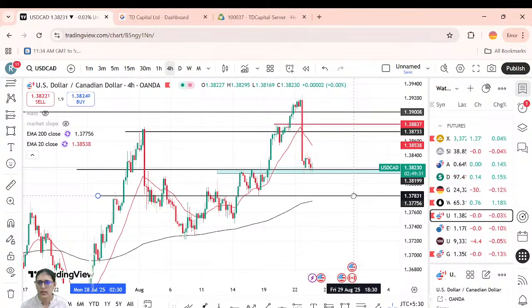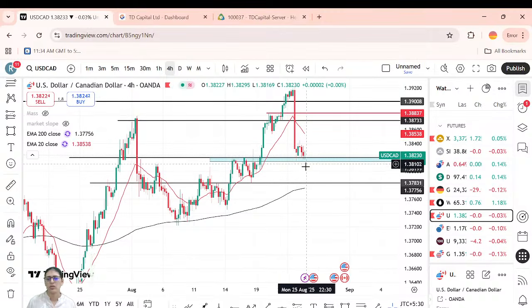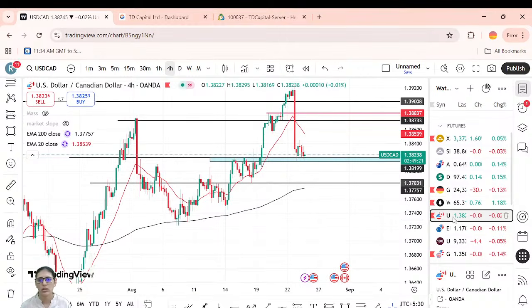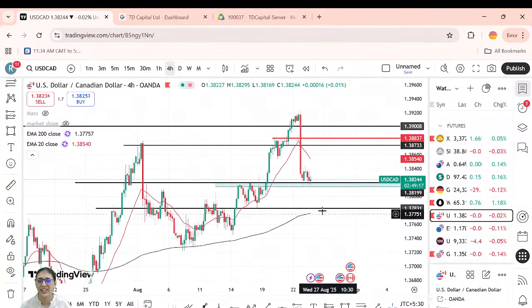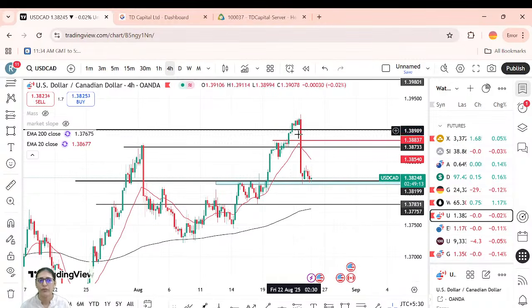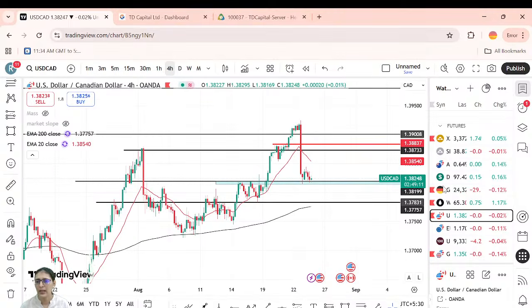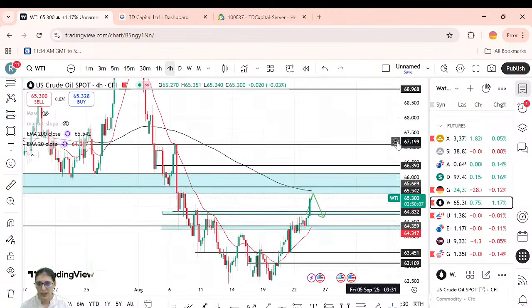It is the 4-hour time frame. It might just come in one candle also. If it spends some more time in the zone, it might just come, but it might take time, because it is a 4-hour candle, so it will also take 4 hours, right? Even if it comes down in 1 hour, it'll take time. But yes, if there's a fall in USD CAD, you can see an upward move in WTI.